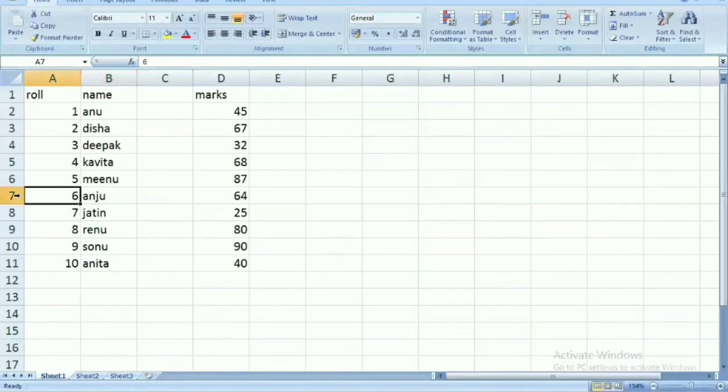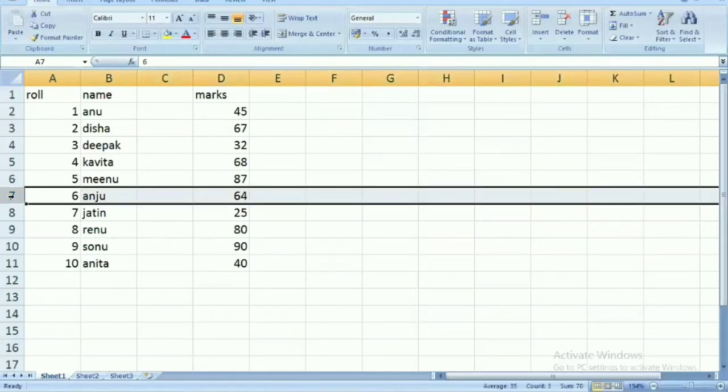So what I will do, firstly I will select three rows because I want to insert three rows. So how will we do it? Firstly click on this row. In the previous video also we discussed how to select adjacent rows by holding down the Shift key and then pressing the mouse left click, then click on it.